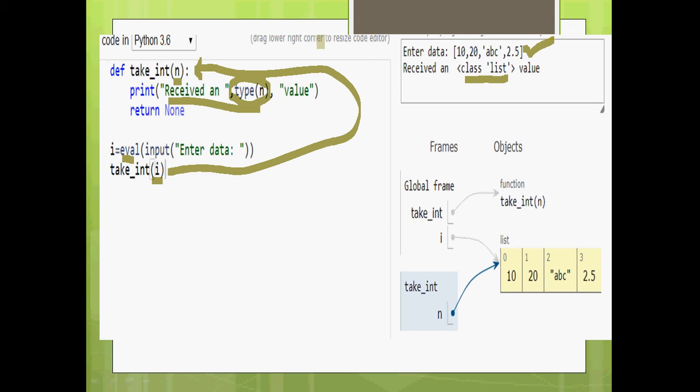But this is how you pass a value which is a list to a function, and how the function prints it. You can even print the list inside the function using a for loop, or just print I or print n, each value index wise. That also you can do, or make any change to the list, add one more value in the list. That is also possible. There's an example in this class itself. There's no issue in that. So this is how you pass a list to the function.